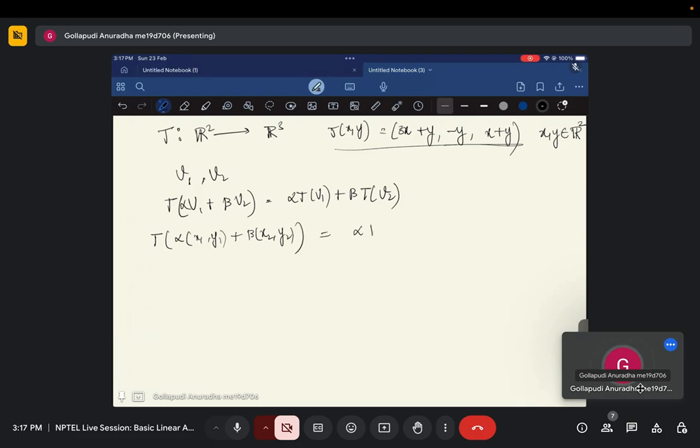So ideally this should match. If that is satisfying, it means that this is a linear transformation. So it's alpha x1 plus beta y1, comma alpha y1 plus beta y2. So which means